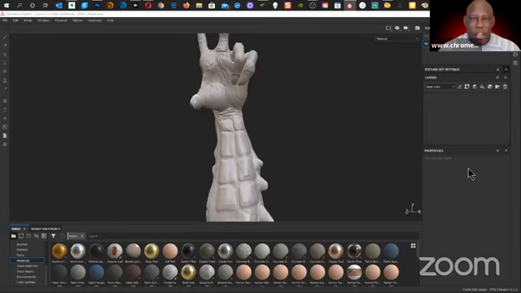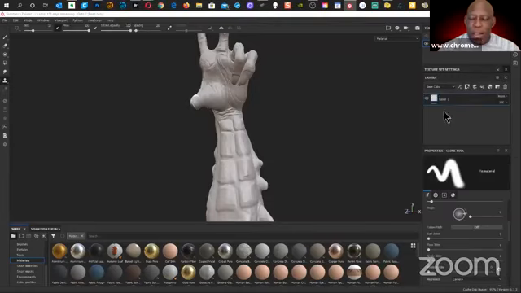So I'm going to make a new layer. Right up here, third icon from the left under the layers palette. Normally in Photoshop, the options for making a new layer are on the bottom right. Here in Substance, they're at the top. So if I go to the third one from the left and click it, I just made a brand new layer, just like in Photoshop.